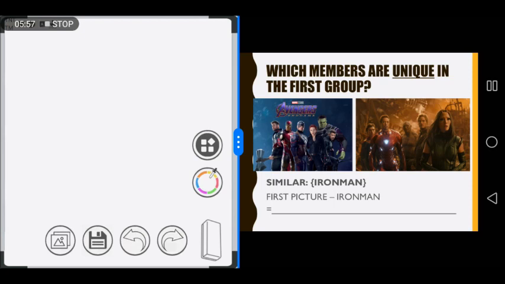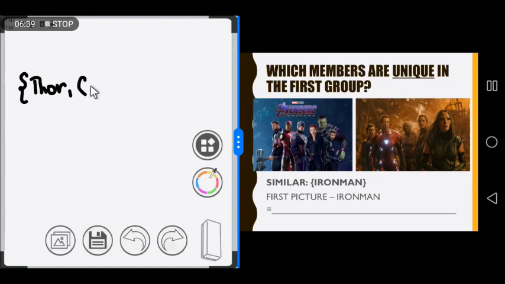Next, for the last operation, we have the activity, short activity: which members are unique in the first group? Ibig sabihin, walang kaparehas sa ibang grupo. So, in the first picture, we have Thor, Iron Man, Captain America, Black Widow, Hawkeye, and Hulk. Okay? So, para malaman natin yung unique element in the first group, we are to remove Iron Man from the group. So, ibig sabihin, ang unique elements will be si Thor,